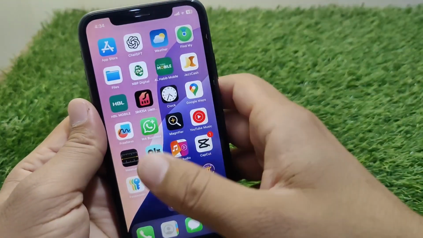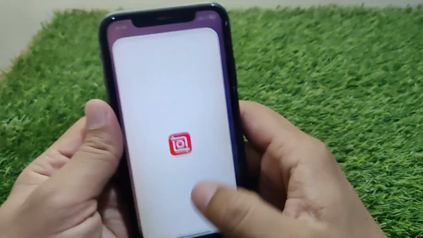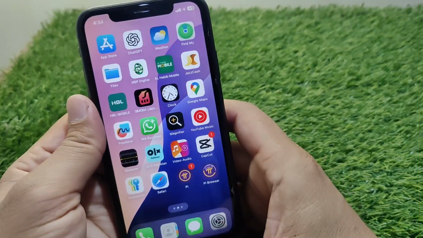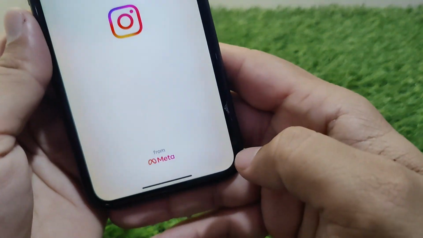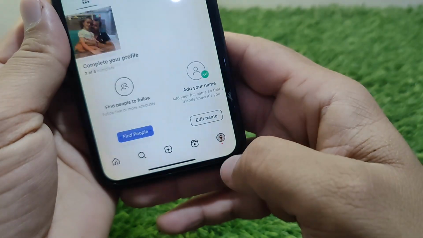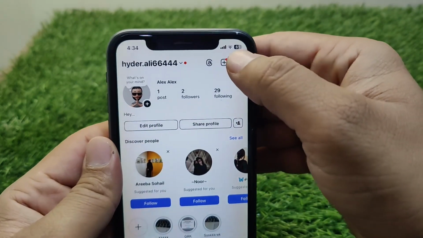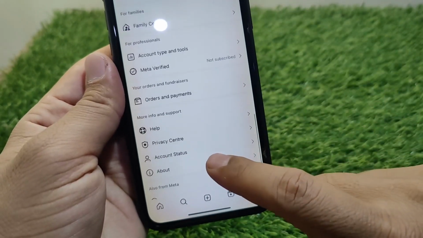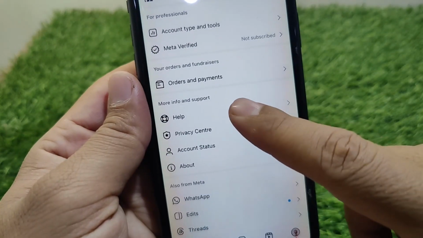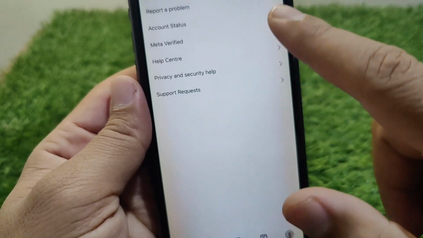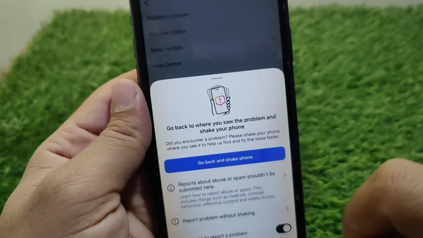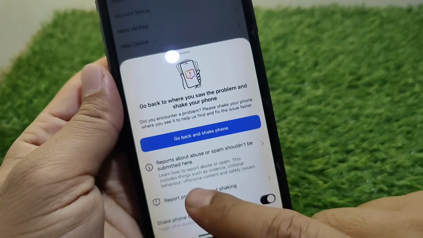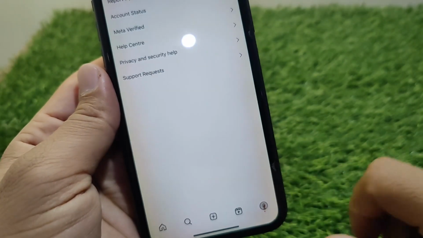problem is still there then you have to simply open your Instagram and then go to your profile and then tap on the three lines button and then scroll all the way below, and here you have to tap on the help button. So guys, after this tap on report a problem and then you have to tap on report problem without shaking,